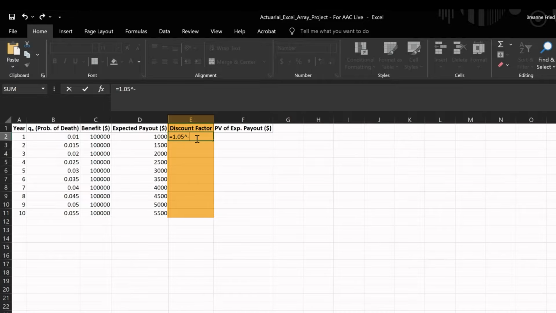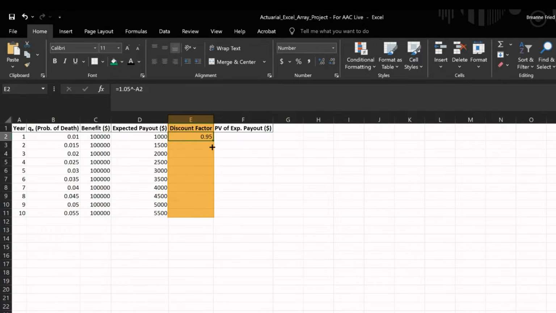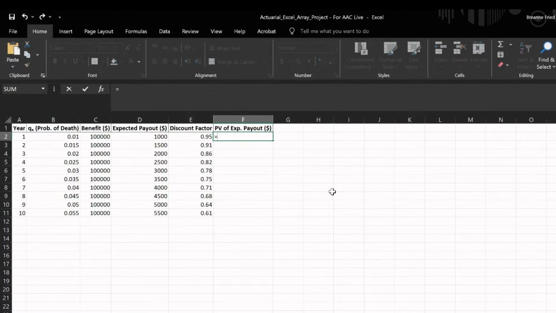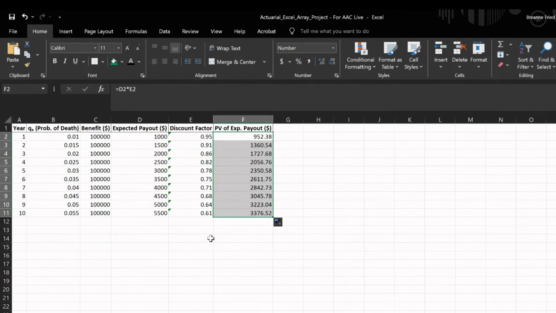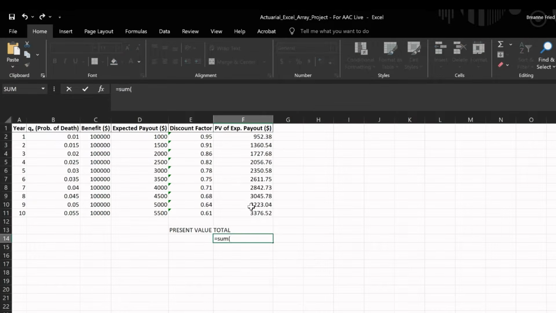So this discount factor just allows us to discount the expected payment back to time 0 to get the present value. This is exam FM stuff. And if you don't fully understand it, that's okay. It's more about the calculations here, not understanding what's really going on in terms of the actuarial work. So in column E, we have 1.05 to the exponent 1 in the first row, exponent 2 in the second row, etc. And in column F, we have the present value of the expected payment. So we are just multiplying the discount factor times the expected payment for each year. Then when we sum up all those values over the full 10 years, we get the total present value, which is